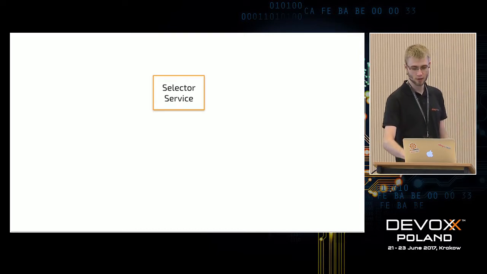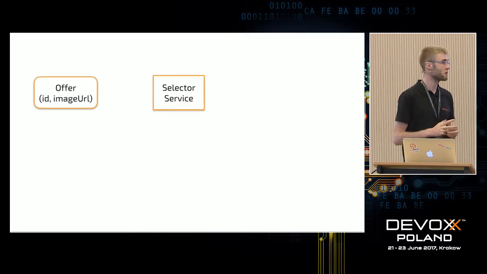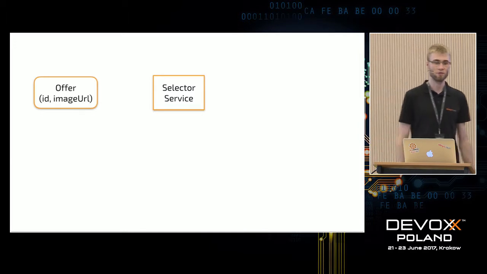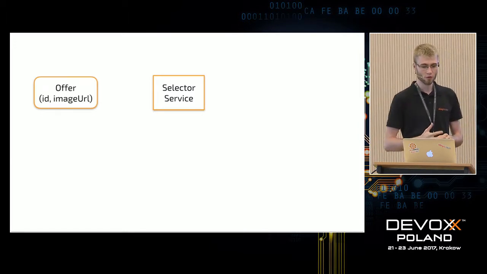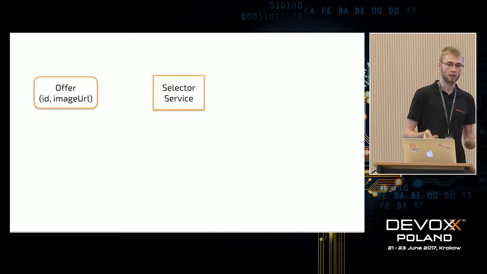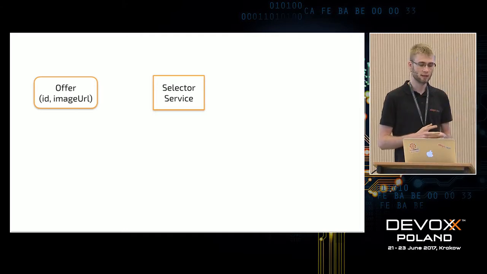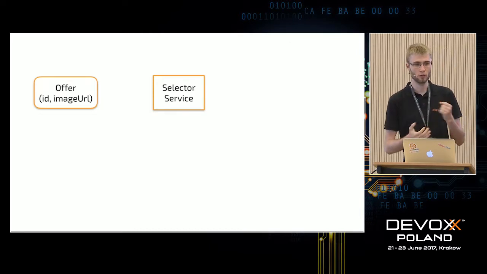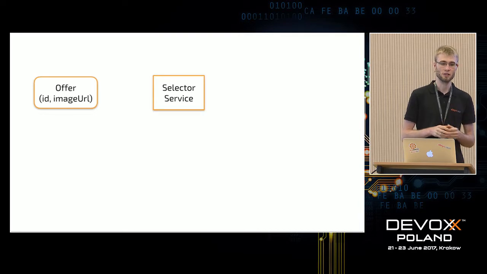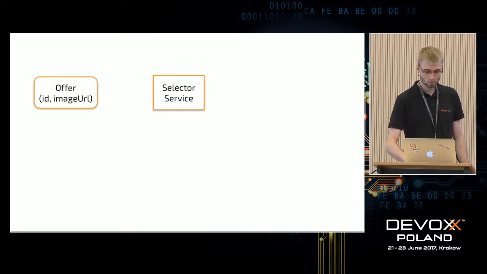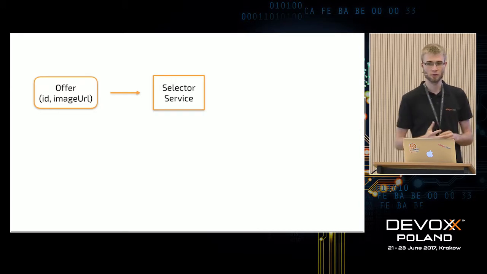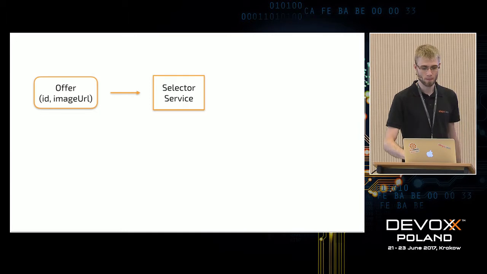This Selector service is going to get some offers. Of course, if you are an e-commerce site, then we have offers in our domain. Offers are very important. Offers have multiple fields, like title, description, price, things like that. But for us, the most important will be ID and image URL, because that's how we're going to decide if the offer is attractive or not, by checking the image. We're going to get notified by some other application about offers created in our system, so we're going to expose some REST API.